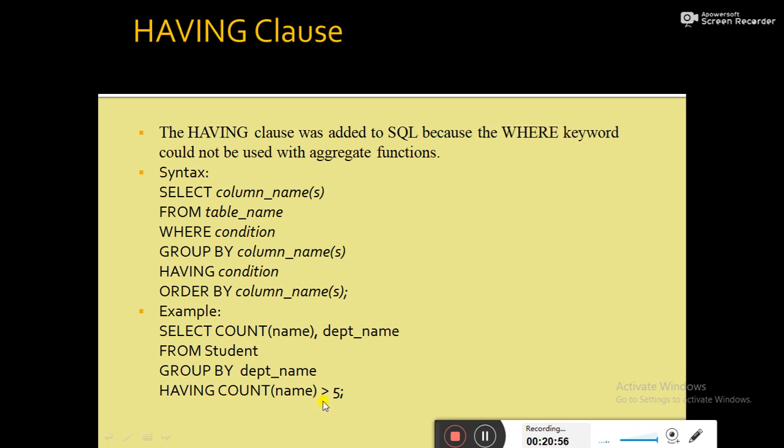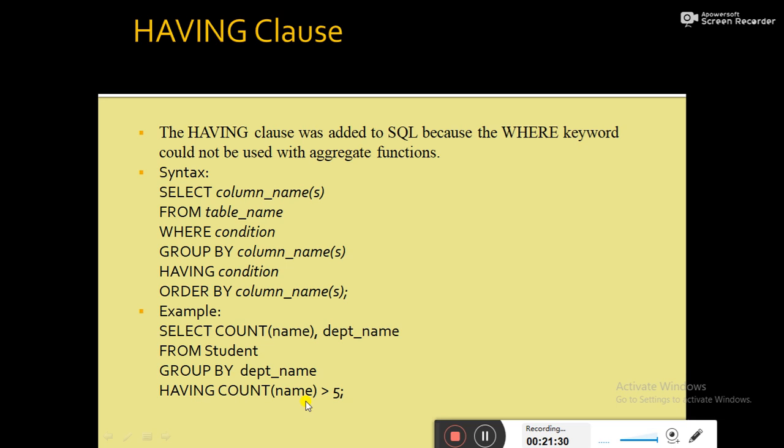Sorry, let me try to explain it again. First we have to form a group with the help of the group by clause. That means we are performing the grouping against the department name. So the relation student has formed a group based on department name. So how many groups are formed? 3: CSE, IT and ECE. But we are only going to consider those groups which satisfy that particular condition.